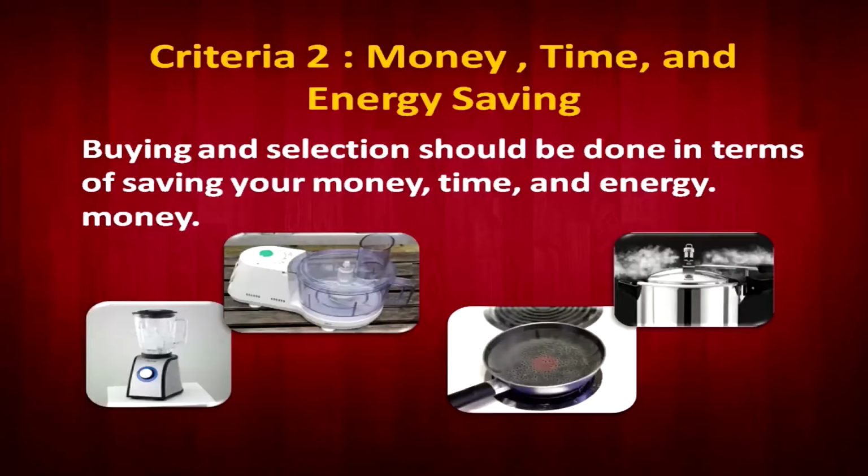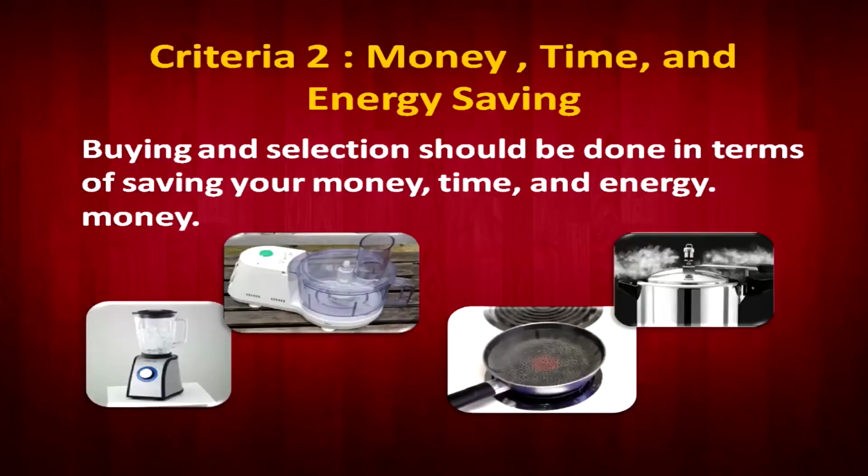The second criteria that we are going to discuss is how an equipment can be useful in saving your money, energy and other inputs. I can also take an example of cooking. If you have to make pulses, you need to soak them in water and then pressure cook them so that they become moist and tender. Earlier it was suggested that you just put it in a pan and keep boiling it for at least 1 hour to cook the dal. But in a pressure cooker we can save time and energy, and of course energy in the form of fuel also.